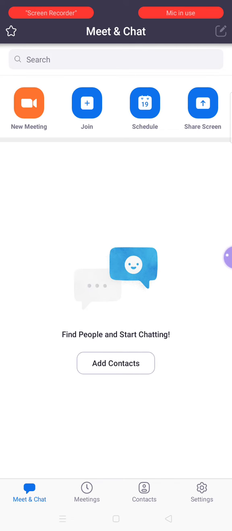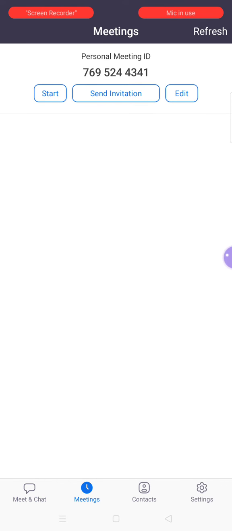So you have to see at the top of the screen you have 4 buttons. What you were doing before this was that you were going to the schedule and scheduling the meetings, and to check those scheduled meetings you were going to the meetings right here. But as you can see, there is no meeting scheduled for tomorrow or the day after tomorrow, and I am getting some messages too asking why the meetings are not scheduled here.